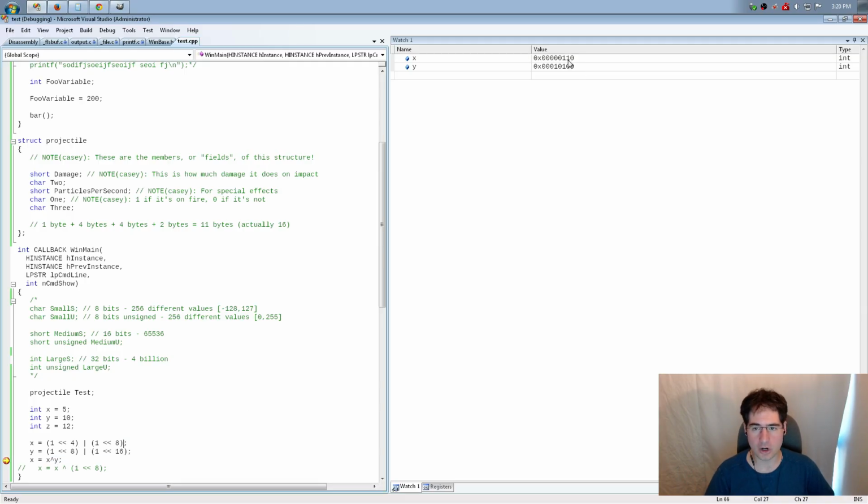If we were to do an OR, we would expect them to have all of these, right? The result would have the 4-bit set, the 8-bit set, and the 16-bit set, right? Well, what exclusive OR does is it does something similar to the OR operation, meaning that if either of the bits is set, the result will have it set. But if both of the bits are set, then it won't be. So it's exactly the same as an OR, except for the one case, which is when both bits are set, and that goes to 0.